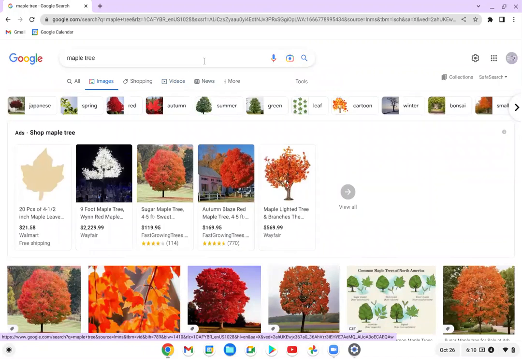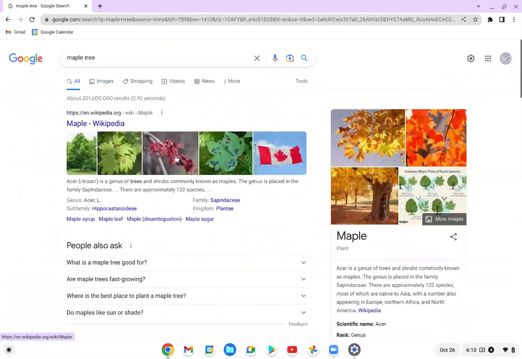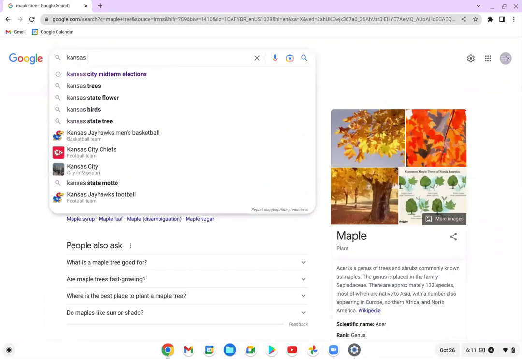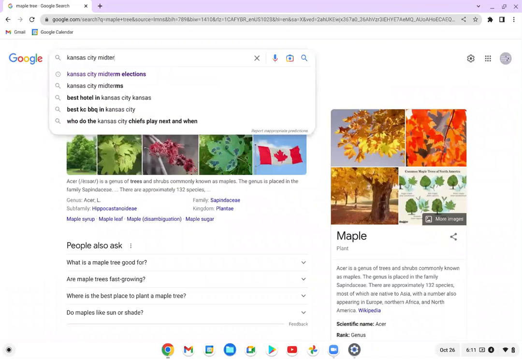Let's say we want to see something on the news. Right, we want to find news articles. So we're back here in the main window, the All tab up here. And let's say that I want to know what's going on in my local elections, and I live in Kansas City. So I could say Kansas City midterm